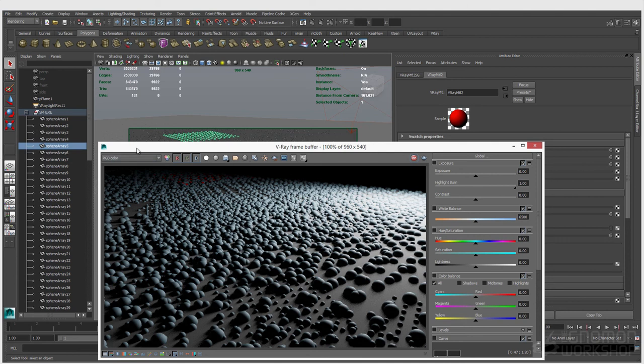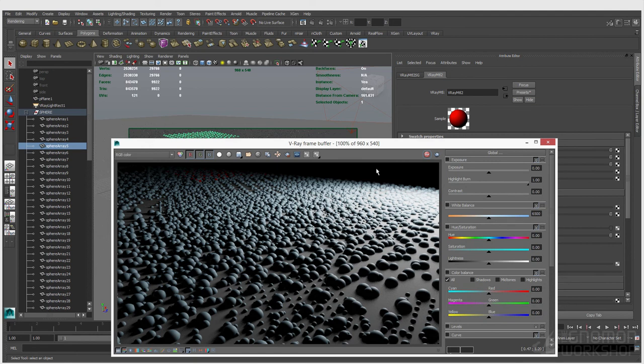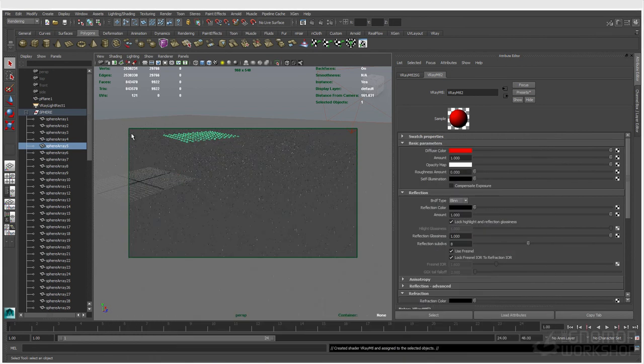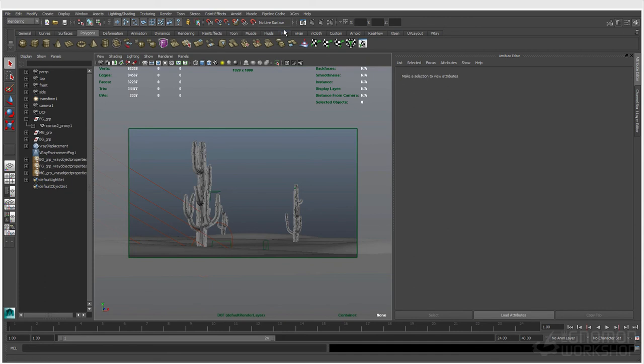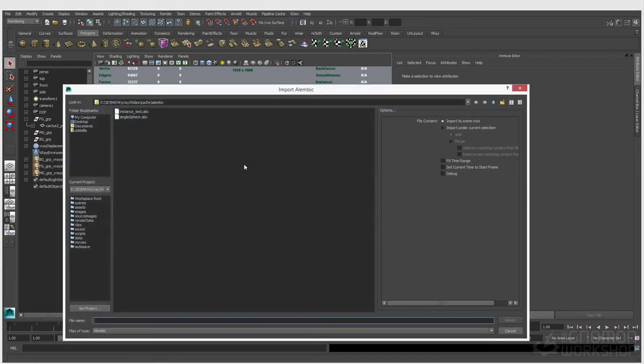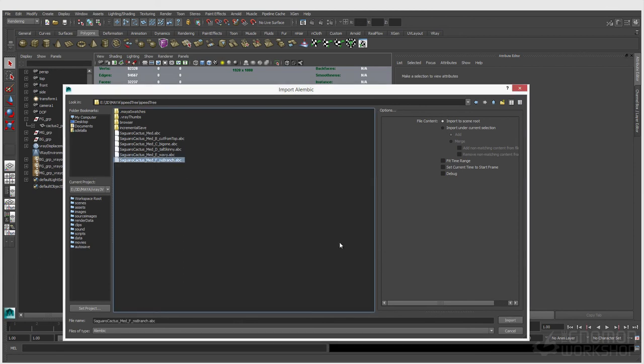So let's go back and just kind of see this in action a little bit. So let's open up that cactus. Here we are. So you can see that these are actually V-Ray meshes, proxies, in the scene that we were working on for the single object properties demo. And the way these were created was I imported an Alembic of some cacti. So let me grab these real quick. So you can see we can just grab any of them here. So here's our